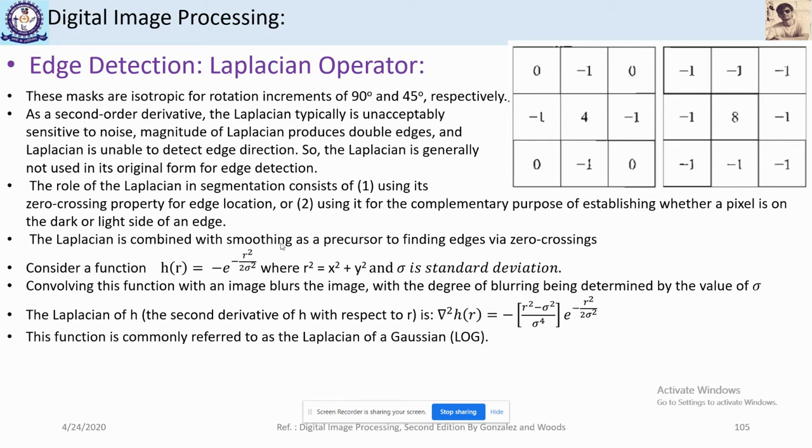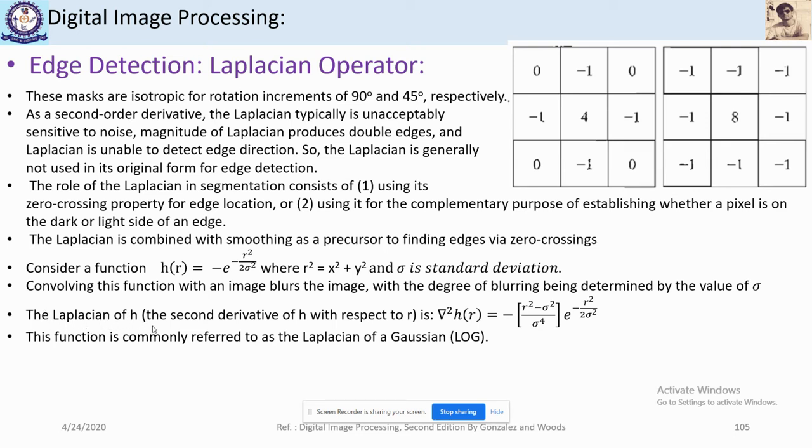So what will happen if we apply this function on an image? Then it will blur the image, and the degree of blurring of the image will depend on this standard deviation. Now, if we take the Laplacian of this function, then